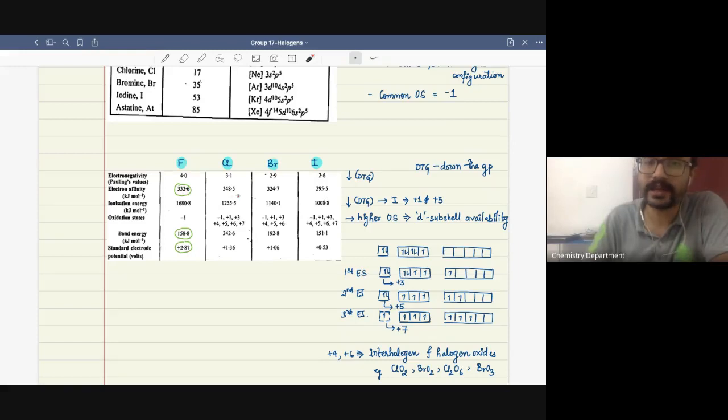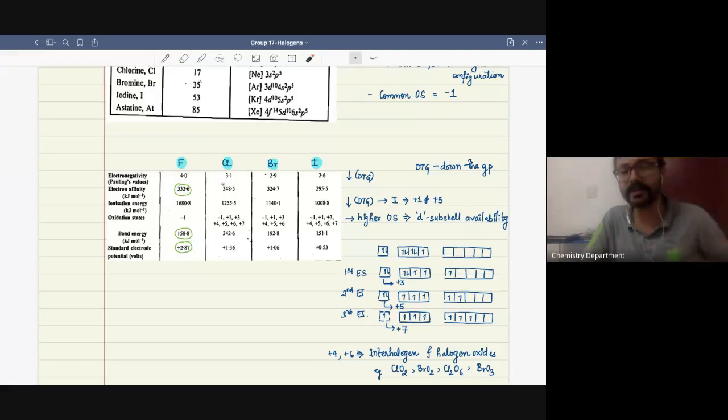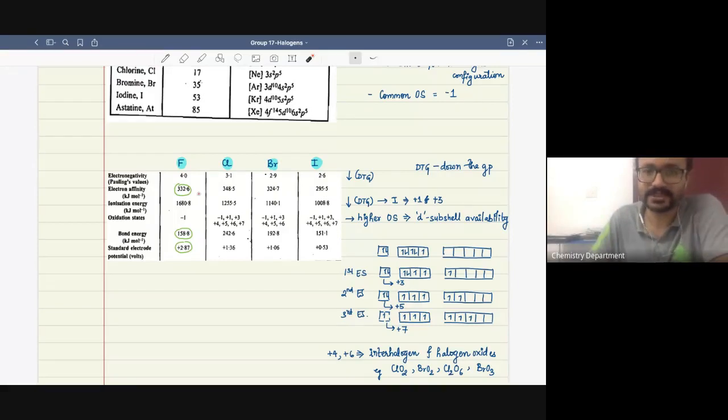However, in chlorine, the filling of the electron happens in the 3p orbital, and 3p is more diffused, larger in size, and therefore the electronic repulsion is considerably reduced. That is why you see a significant reduction in the electron affinity value in the case of fluorine when compared to chlorine, as opposed to their electronegativity values. And I have frequently seen this kind of question in many examinations, so just keep that in your mind.